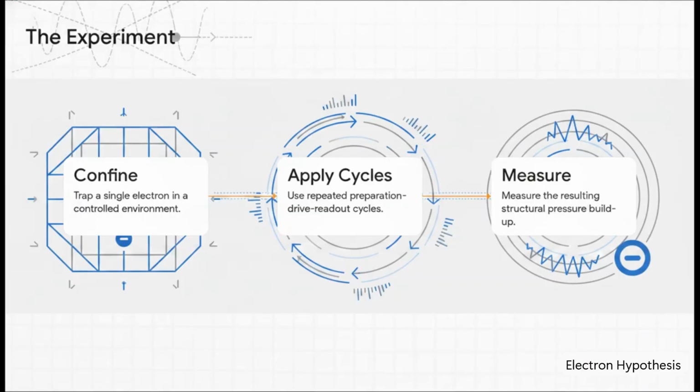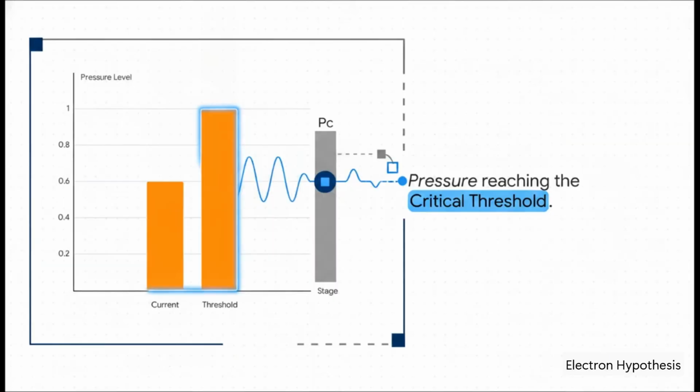You're basically repeating a sequence over and over again really rapidly just to see if a measurable pressure builds up on that electron, something that standard physics cannot explain. As you repeatedly drive the electron, imagine this structural pressure rising higher and higher, approaching what we call a critical threshold, or PC. The hypothesis predicts that if this pressure hits that specific limit, the system is going to show a visible physical change. The electron might suddenly jump out of its expected rhythm, or maybe show a tiny shift